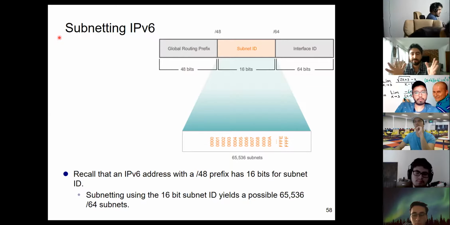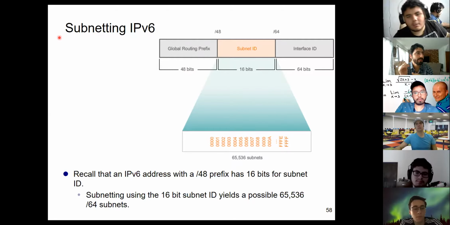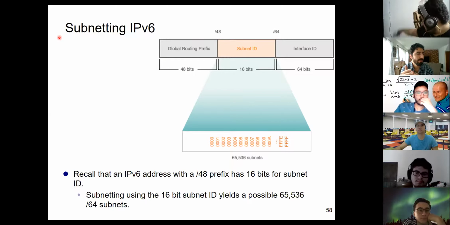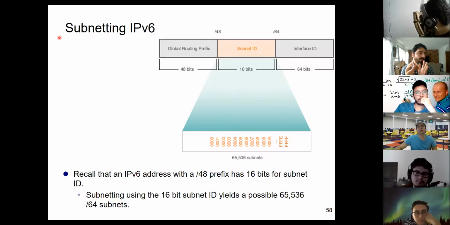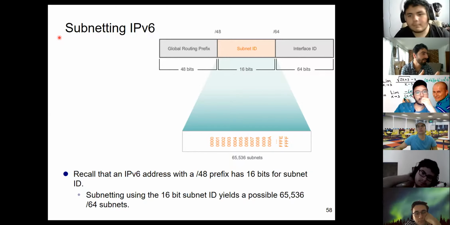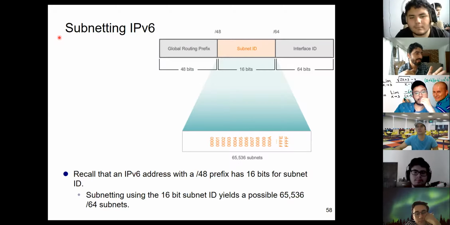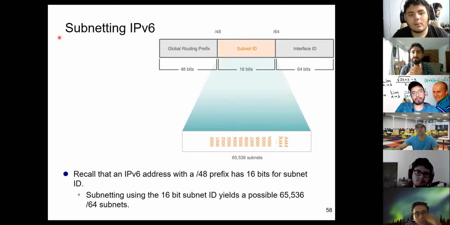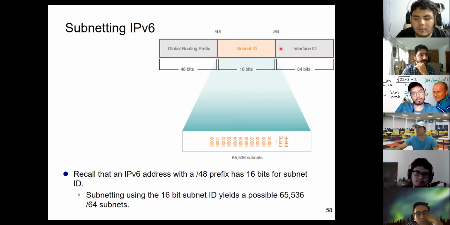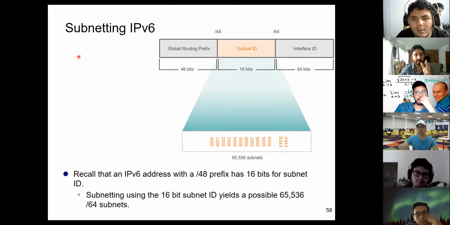You don't need to have a fixed range. You don't need to subnet your network just once. You can do it more than one time. You do the subnet, then you subnet one of your subnets in order to conserve more IPs, not waste IPs, and also have a better structure in your network. And IPv6 is way more straightforward compared to IPv4. So if you get that earlier part about IPv4, VLSM is easy, and IPv6 is very straightforward, nothing weird here.